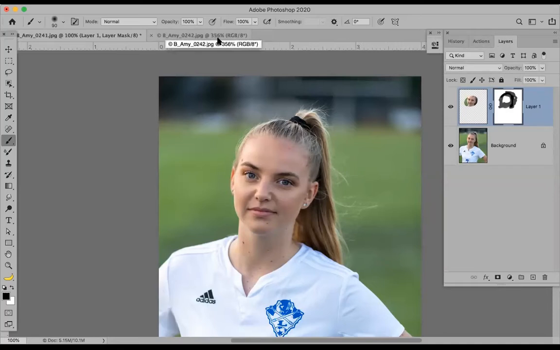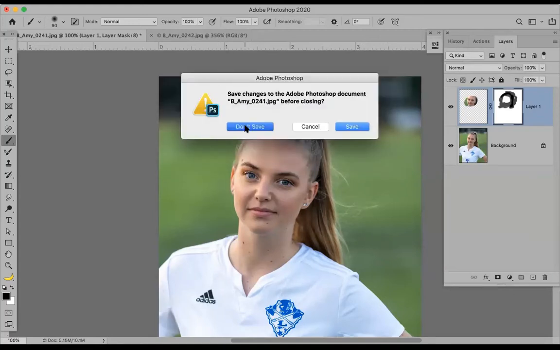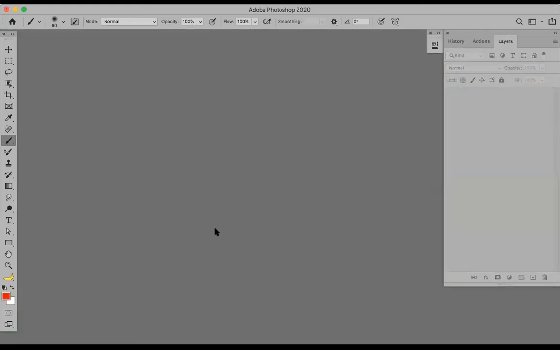That's the fastest way to change eyes really quick. So I'm going to close that out. Don't save. Close. And I'm going to go to another image. I have two images, so I'm going to do